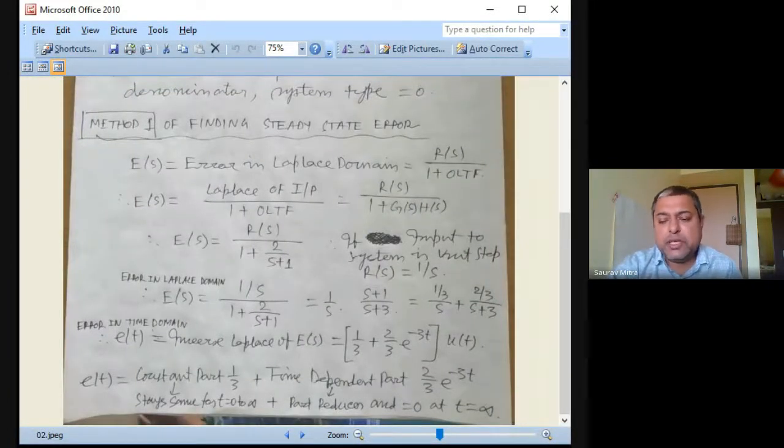In the second order response, there are 4 responses: undamped, underdamped, overdamped, and critically damped. We have seen very perfectly all the time characteristics for undamped, overdamped, and critically damped. For the underdamped response, we got the response, but it was not matching with the calculated value that we had. So today I will show you where I was making mistakes. I was in a hurry, so I was making a mistake. Whatever we calculated was correct. The process we had done was also correct. But where I was making the mistake, that I will show you.